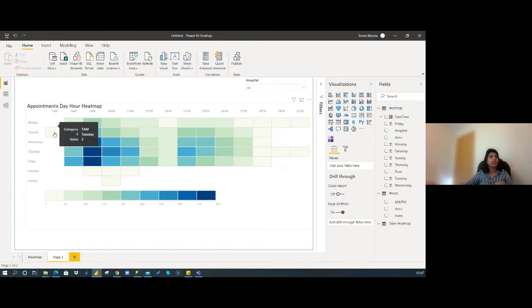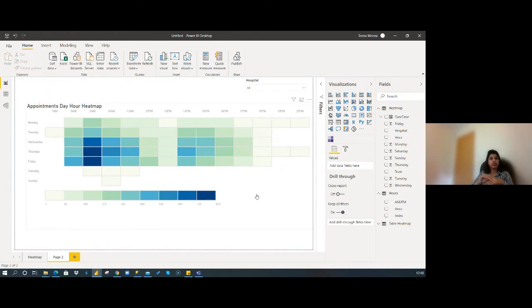This kind of thing you can easily highlight, and you can see which hour and which day is busier. Thursday, Friday, Wednesday, 9 a.m. is quite busy, and between 1 and 2 you take your lunch hours or something like that.